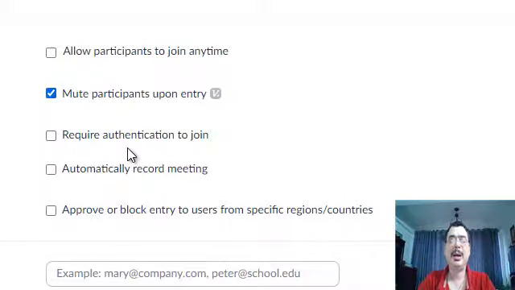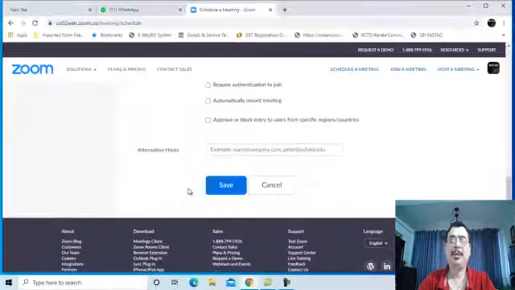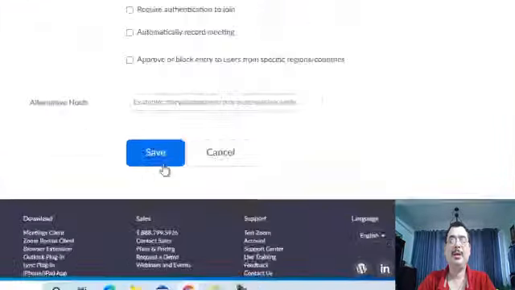And next is require authentication to join. For the time being, it is not required. Automatically record meeting. There is a provision to record the meeting here. If you say automatically record the meeting, once the meeting starts, Zoom will automatically start recording the meeting. And approve or block entry to users from specific regions or countries. There is an option to select region-wise entry into the meeting, which is not required now for the basic things. That is all we can look at in the advanced features. And alternative host also is not required. And once you say save,